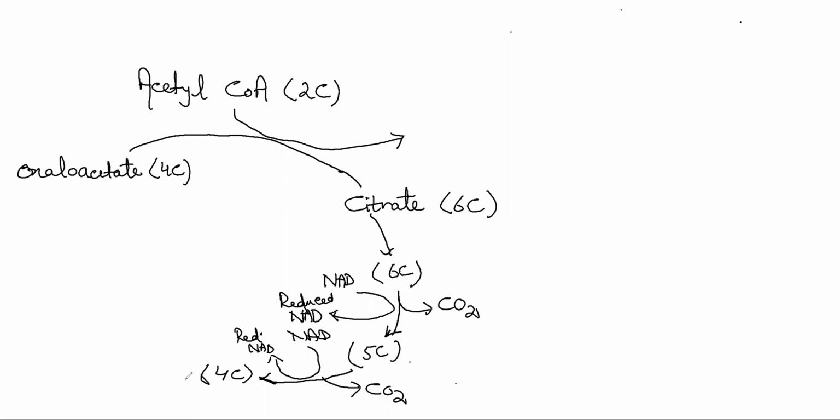Now what happens here? This 4 carbon changes into another intermediate compound which is once again 4 carbon. Okay, and at this stage there is production of one ATP molecule. So one ATP molecule is formed here, and obviously it is formed from ADP plus inorganic phosphate, right? So this is what happens here. Now this 4 carbon compound changes into another intermediate 4 carbon compound.